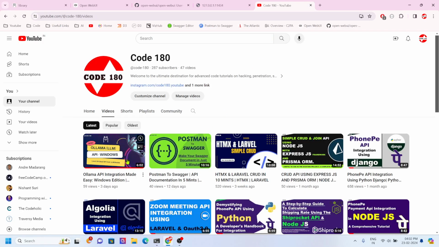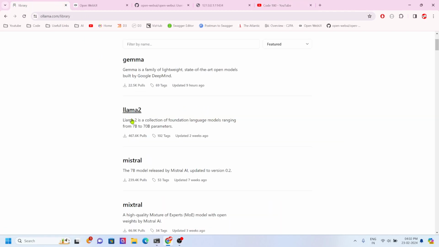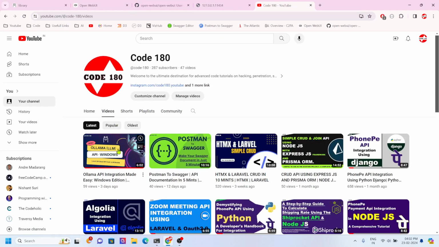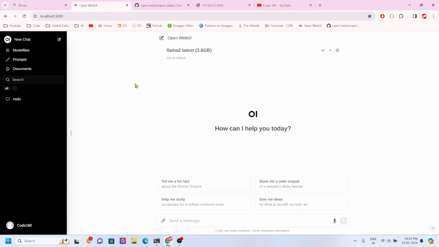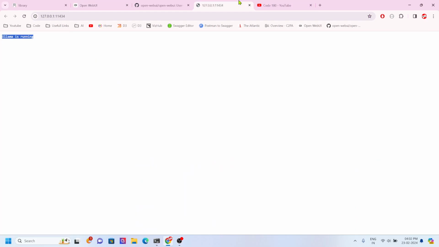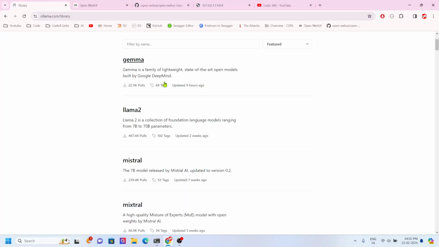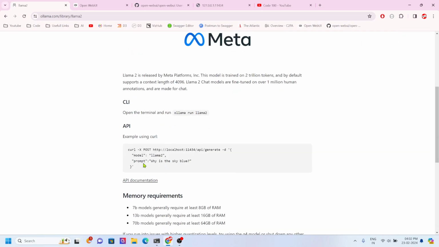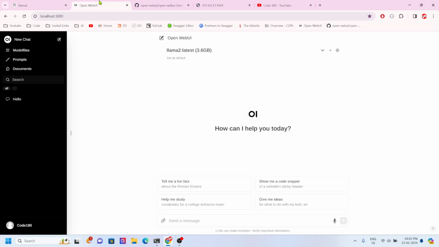Actually, I was covering this when I was covering the API video, so I have installed Llama 2. This is doing the same thing that I have shown with the API. It's actually triggering the API for the model. If you go to this Llama 2 and look at this, you can see this is the API.generate,